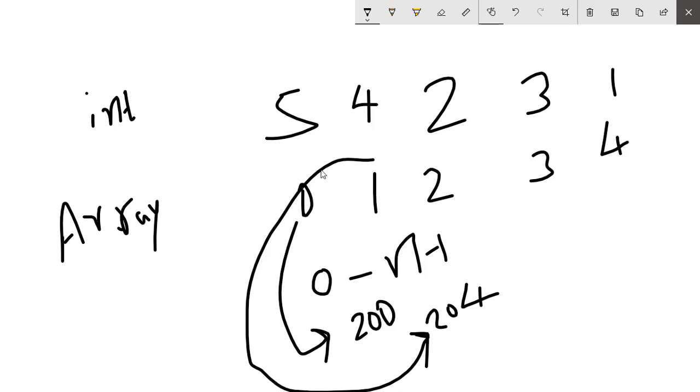So 5 takes the position from 200 to 203, and 4 takes 204 to 207. Similarly, this goes 4 units, this goes 4 units, this goes 4 units. Similarly, they are stored in a continuous way.